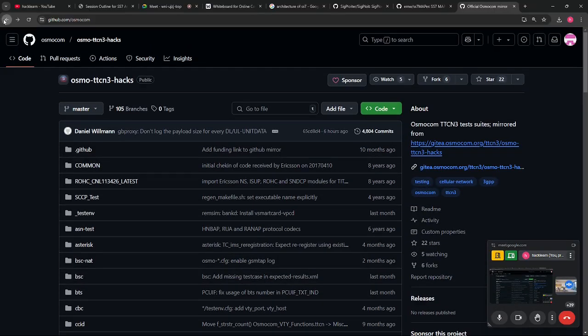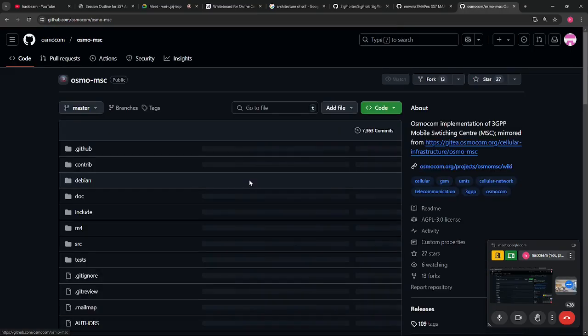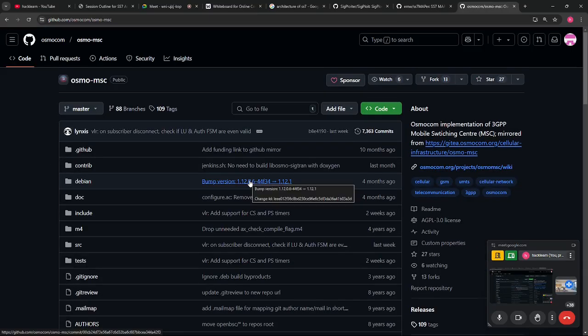It is very similar to Metasploit for vulnerabilities. This is the Metasploit of calls and telecommunications. Osmo MSC contains a lot of tools, and you can use all of them. You can simulate a mobile network for research purposes. You can create your own network and try to attack it. It is also similar to Packet Tracer: as you use Packet Tracer for network demonstration, you can use Osmo MSC for cellular testing in a controlled environment.